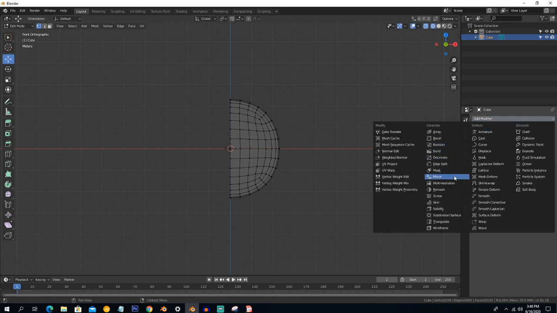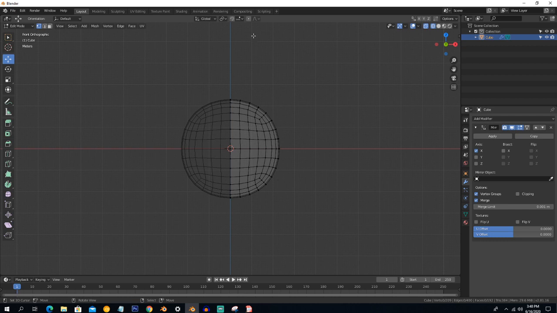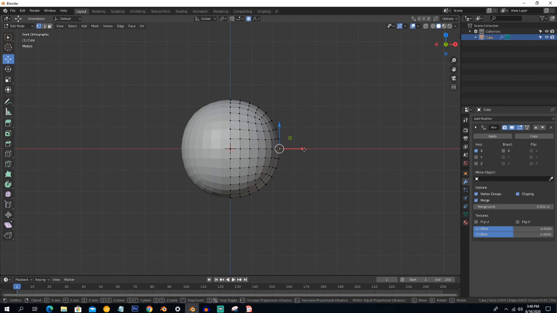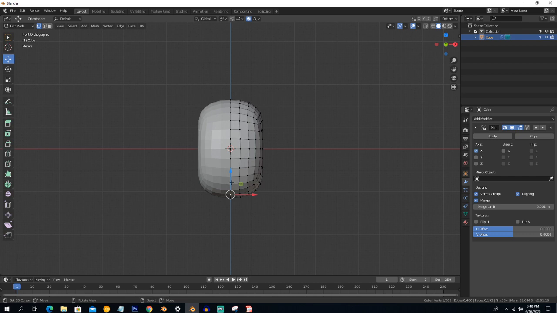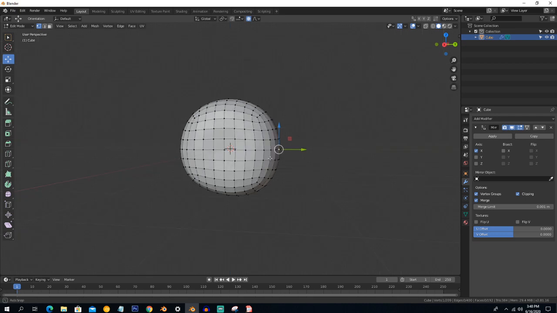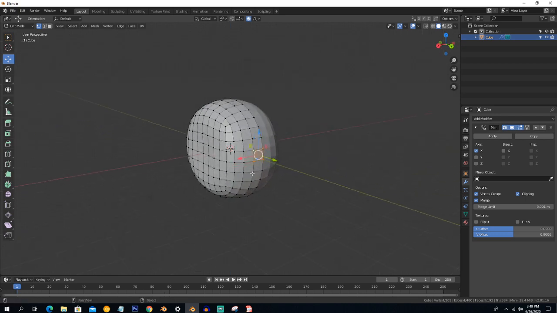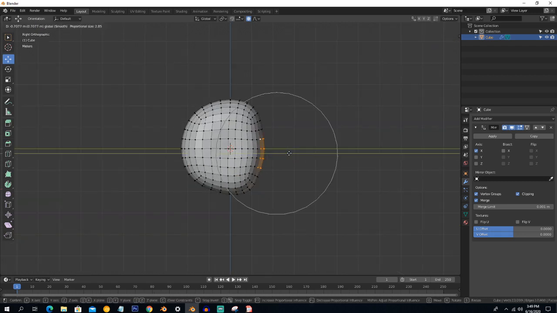Now apply the mirror modifier here. You will see that the other side is done, and enable the clipping option. This is very useful in making 3D models and objects. So now you have to change only one side of the object, and it will also automatically do it on the second side. We are just trying here to quickly make a model head, if we can.